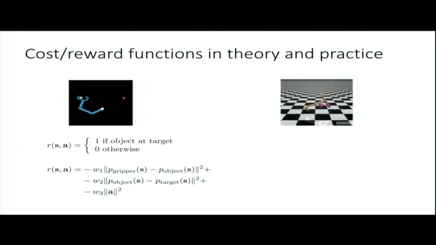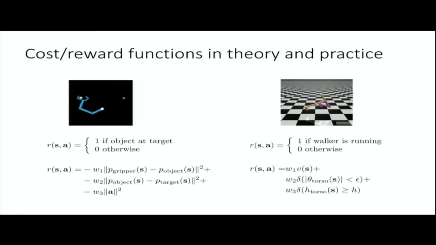Another example is this little walking humanoid. This is something you will actually do for the first homework, although you'll first do it with imitation learning. Here it's a little guy with 2 legs and he has to run. Again, you might say, let's give him a 1 if he's running and a 0 otherwise. In practice, this again doesn't work all that well. The reward function might be some weight times the forward velocity, some other weight times an indicator for whether the torso is tilted away from the vertical, so if he starts falling, you say, okay, this is bad, you should stop. And some reward for having the torso be above some height, so if you fall, that's not good either. Why do we need all this junk? Because for the kind of reinforcement learning algorithms that we can plausibly build today, this kind of thing ends up being very hard to work with.